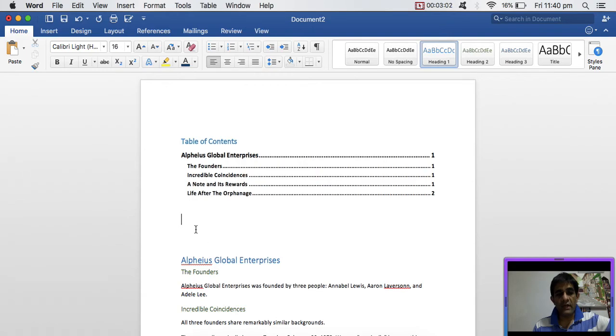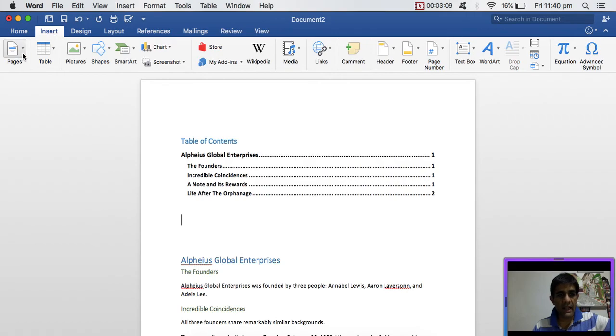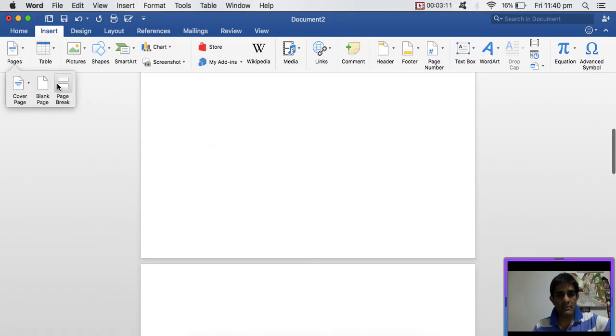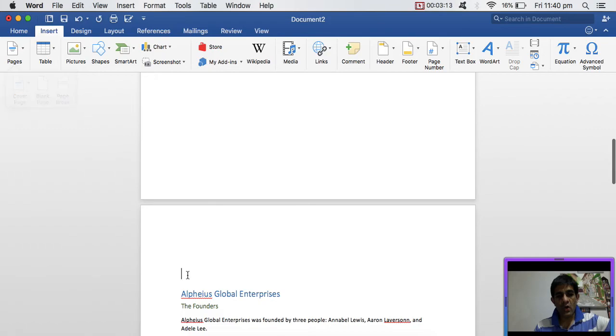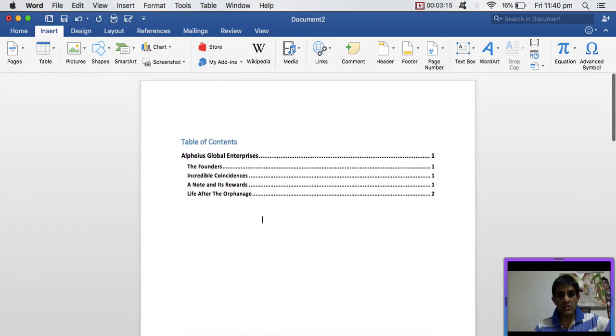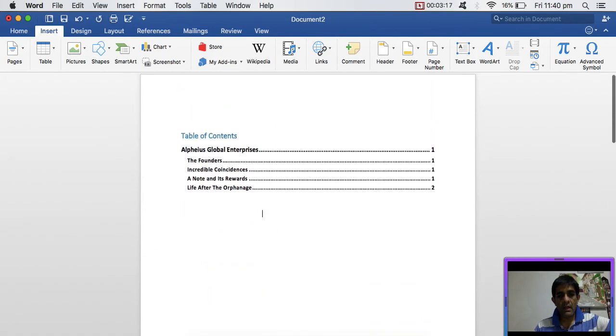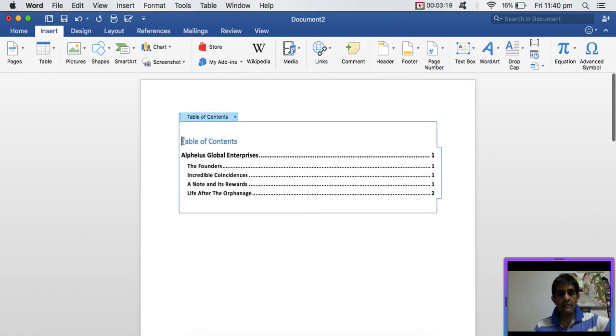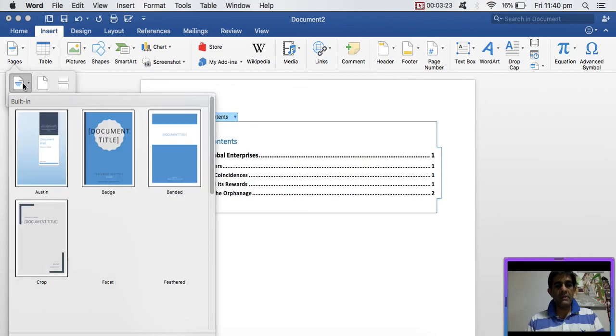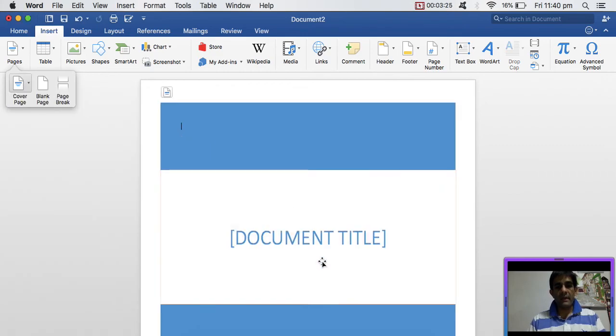So we've got table of contents, and I'll put this on a new page. So what I'll go do is I'll go to insert, click on pages, and click on page break. So I have my table of contents on a separate page, and I can finish this off by adding a cover page, pages, cover page, just put a simple cover page,